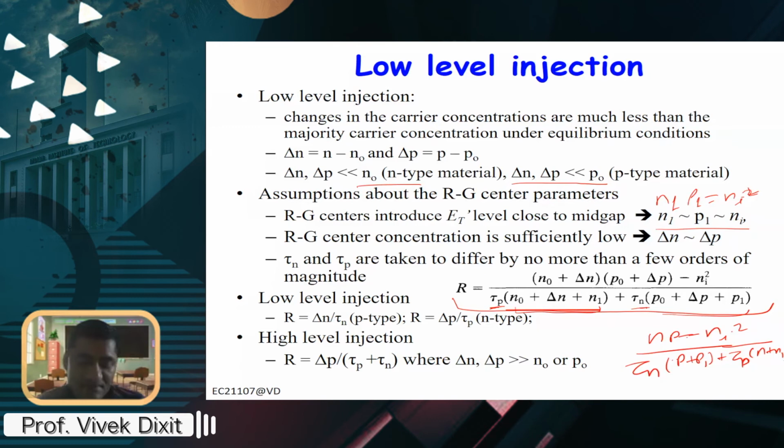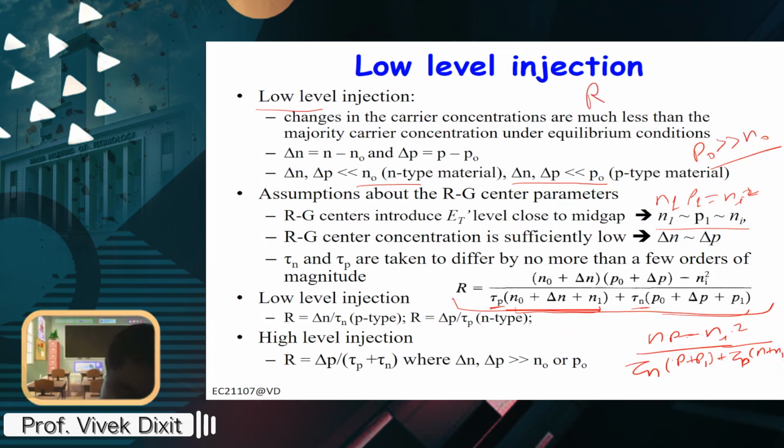So, for example, you consider p-type material. For p-type material, p naught will be much larger than n naught. So you can substitute here. Now, n naught p naught is ni square, so they will cancel ni square. So what you will have here? p naught times delta n plus n naught times delta p. Now delta n and delta p will be small if you are assuming low level injection, right? So you can just have